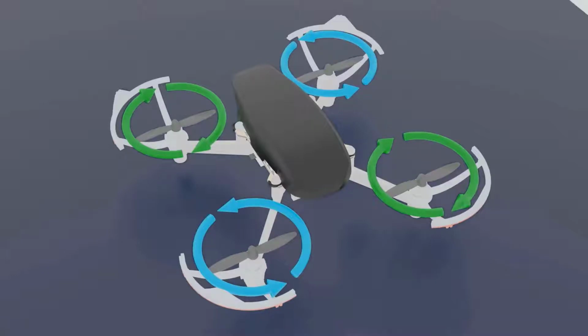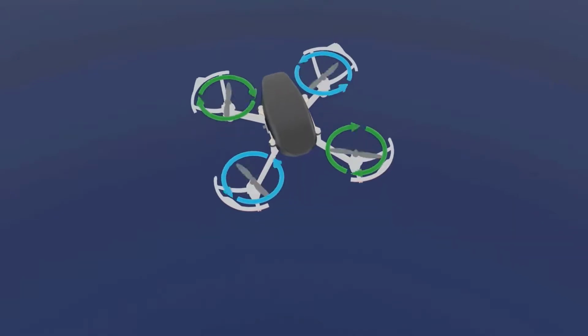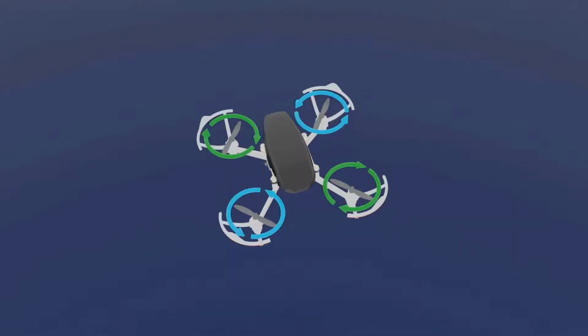Now to continue, the principle that we learned for moving a drone forward or backward, we'll apply the same principle. Let me repeat that: we'll apply the same principle to move a drone left or right. So you might already be guessing how that works. Let us assume that I want to roll the drone towards my right, that is this way. Let us say you have hovered a drone up to a certain height, and then you want to roll the drone towards your right this way.